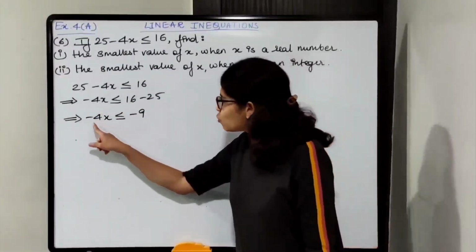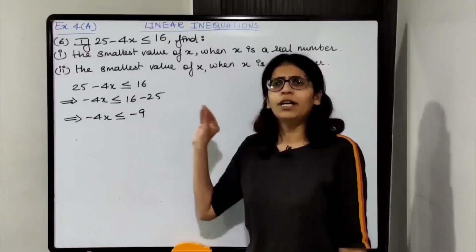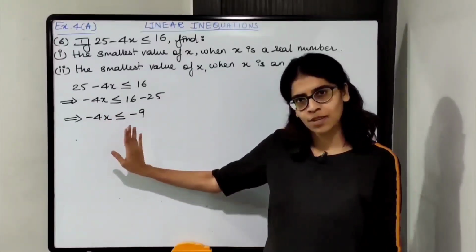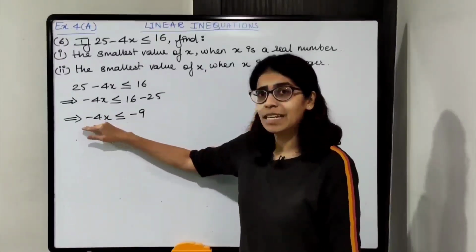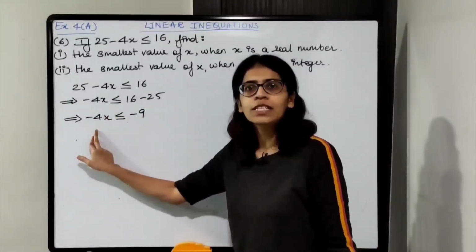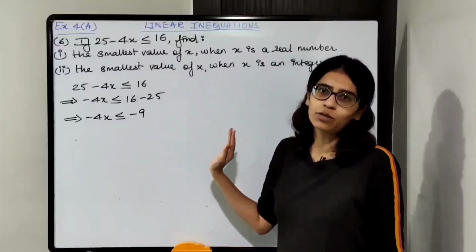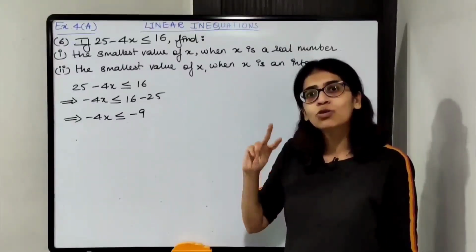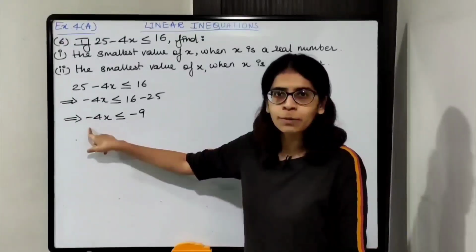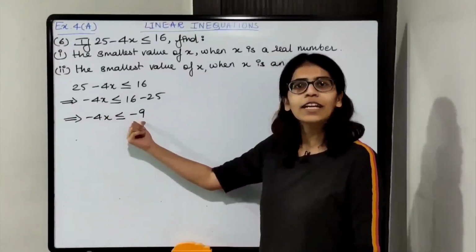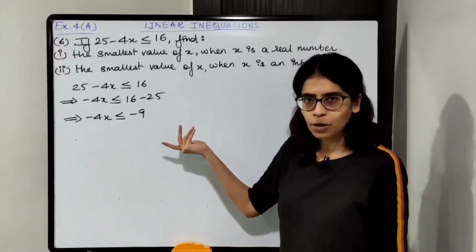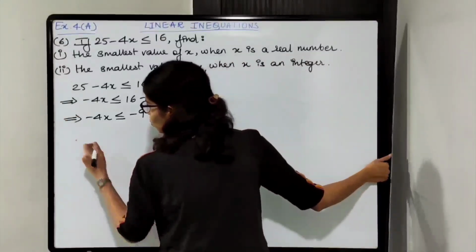Now we shift the number on the other side. But before shifting, first, make x positive. Okay. So x is negative, we need to change the sign first. Now if you change the sign on one side, you have to change the sign on the other side also. Simultaneous process है. दोनों जगह पे simultaneously sign change होगा. So this is negative, this will become positive. On the other side also we have negative, so again this will also become positive. अगर ये positive होता तो negative हो जाता. Okay, so we'll change the signs on both the sides.